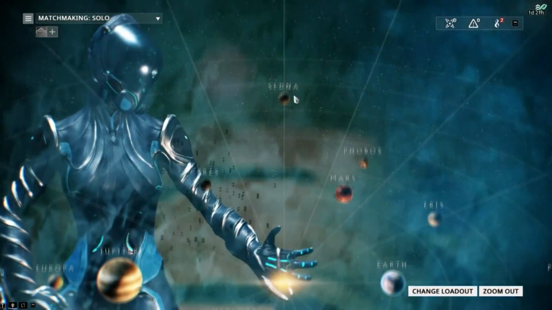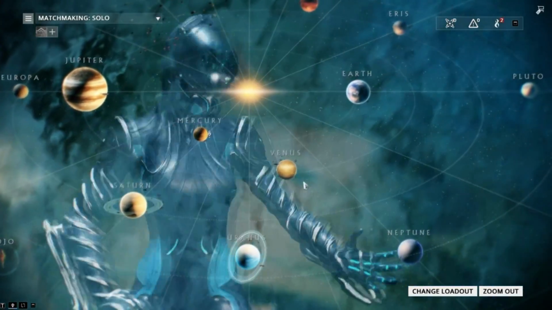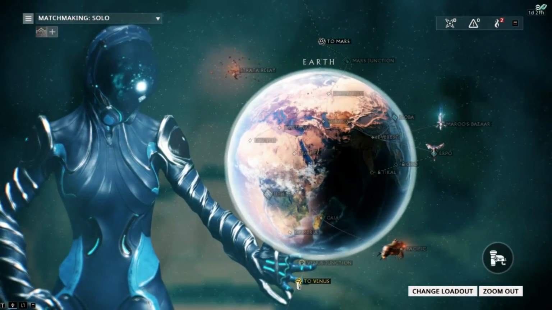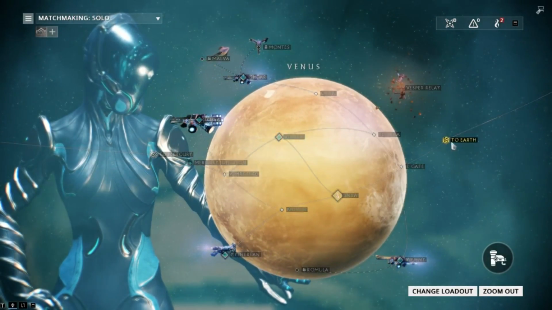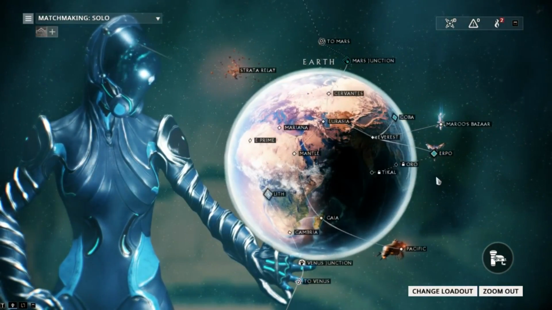So that's that. It will take me a long time to actually unlock all of that, because right now I only have Earth and what was that? Venus, right? But you know, it's a lot of fun. There's also, not every location is a fighting location. For example, you have bazaars and